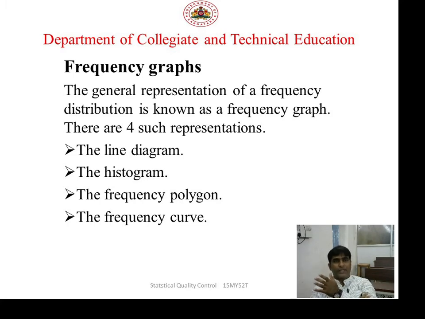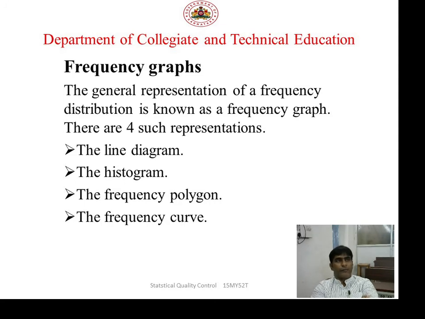The best example is in cricket. The scoring rate they will show in the form of graphs. In the first 10 overs the score was at an average of 6 runs per over. In the second 10, 10 to 20 overs, they were scoring at a rate of 7. At the end, some teams will be scoring at a faster rate in the last 10 overs of a 50 over match, 40 to 50 overs, at a rate of 8, 9, or sometimes they will score 100 runs in the last 10. All of that will be represented graphically. That type we call a frequency graph.